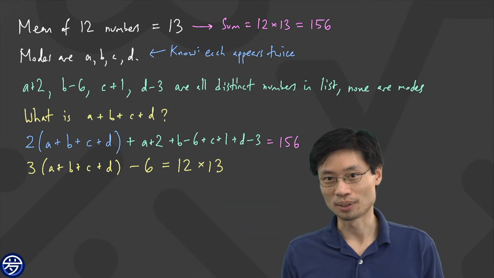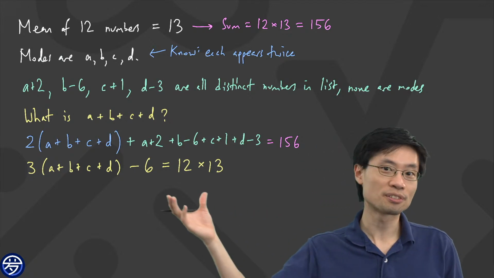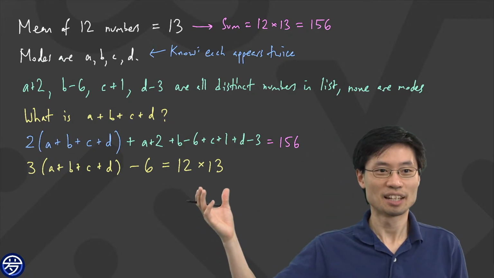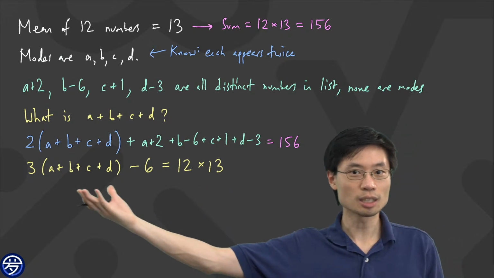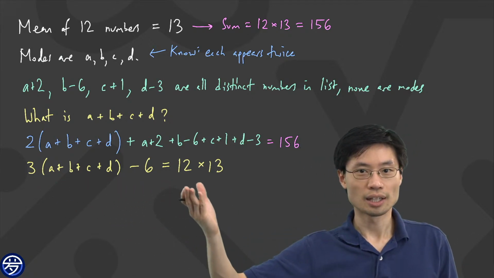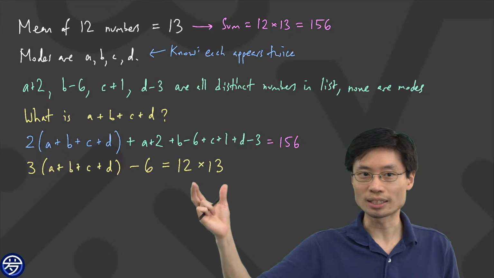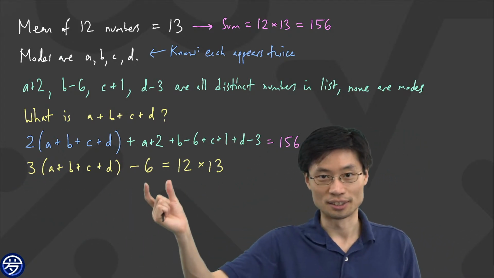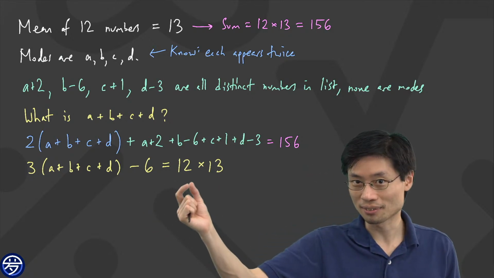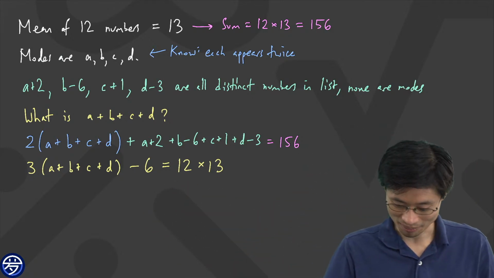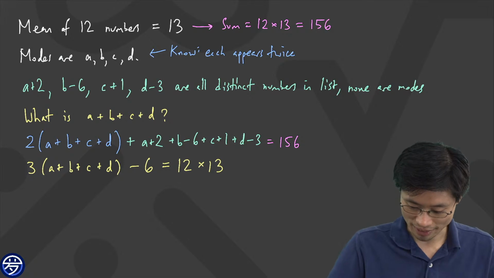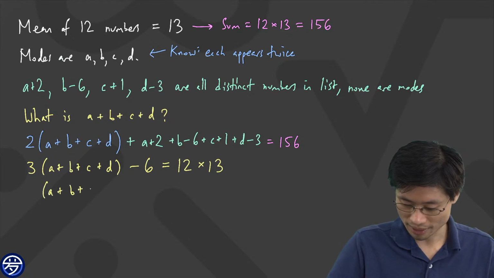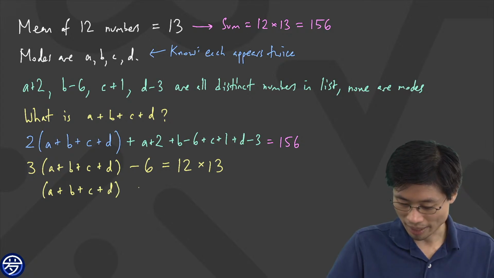I see that some people have already figured out the answer, but why do I prefer to write it this way? If I write it this way, what do you see about this equation? Add 6. I could add 6, but why did I think writing it this way? Factor. Vera Wang is right. There's a factor of 3 here, there's a factor of 3 there, and there's a factor of 3 there. So let's divide by 3 on everything. And if you divide by 3 on everything, you just get A plus B plus C plus D minus 2